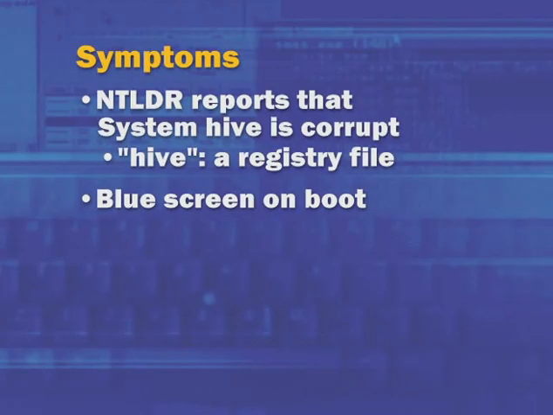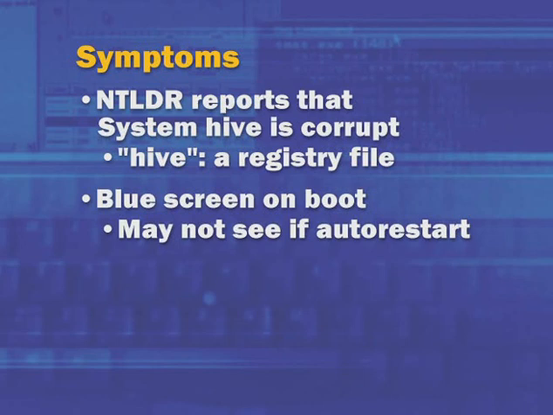One of the symptoms that could be exhibited by a corrupt registry hive is that you get a blue screen during the boot process. And if you've got the default configuration for how the system responds to a crash, you might not even see the blue screen, because the default configuration has the system automatically reboot, and if you don't have the system configured to take a kernel mode or full system crash dump, the reboot is so fast that unless you're sitting there watching the screen intently, you could miss it. So in that case, you're going to be in an endless reboot scenario: it's going to reboot, crash, reboot, crash, reboot, and crash.